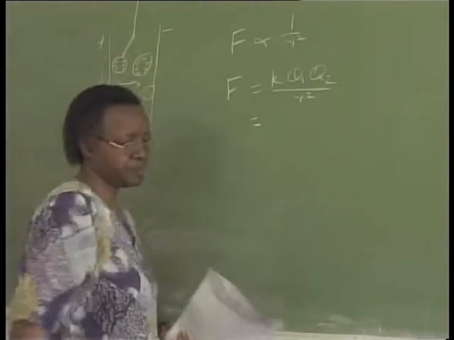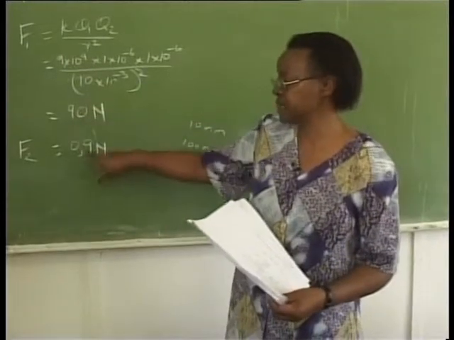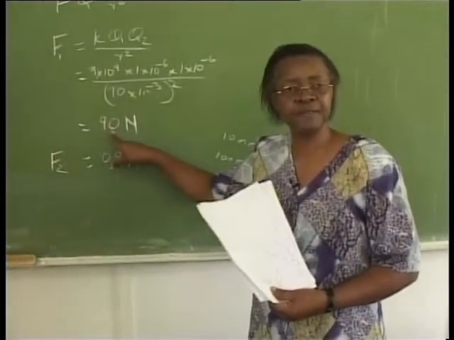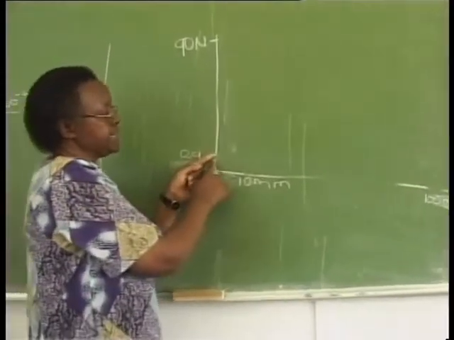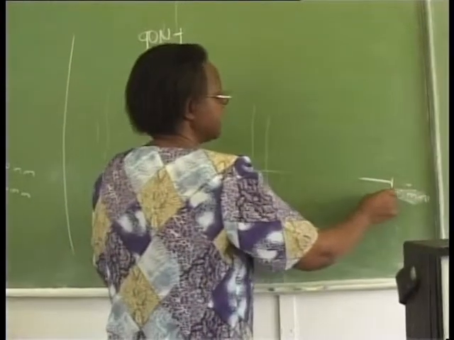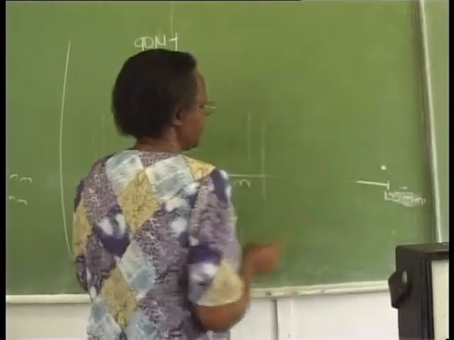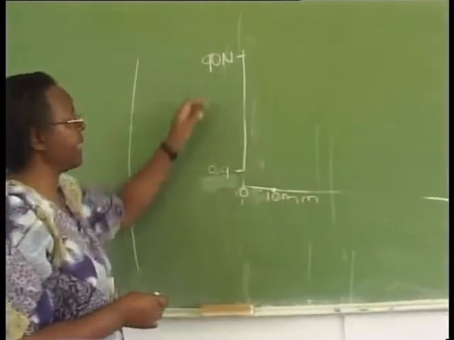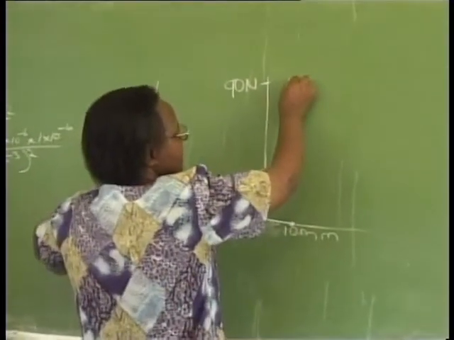The teacher substitutes the distance for 10 millimeters and 100 millimeters and gets to an answer of 90 Newton and 0.9 Newton respectively. She will then plot this on the graph. If you say your 0.9 is here and your 100 is here, then roughly that is where you are going to put your point. If you say your 10 millimeters are here and the force is 10 newtons, that is where you have your